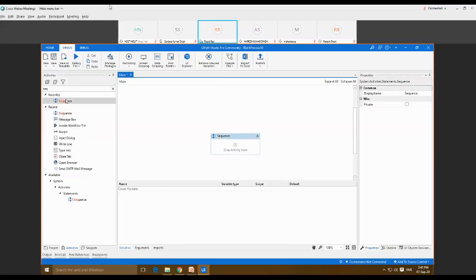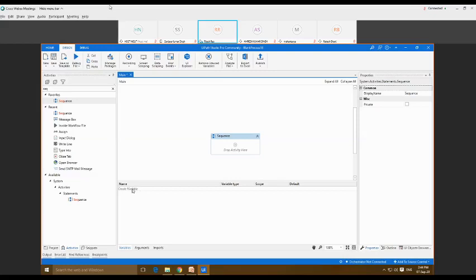After getting the sequence file in the activity panel, we can either double click on that particular activity, and it will be automatically dragged to our main designer panel, or we can also drag and drop. Once we have dropped the sequence file in this designer panel, we can see all 4 fields are enabled.